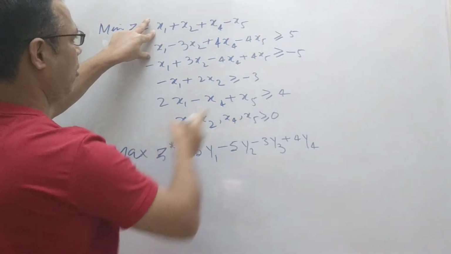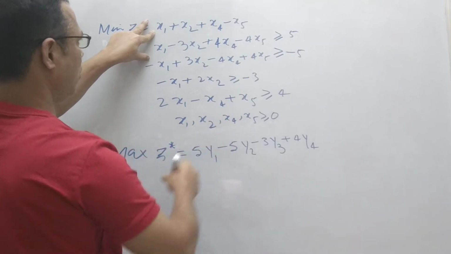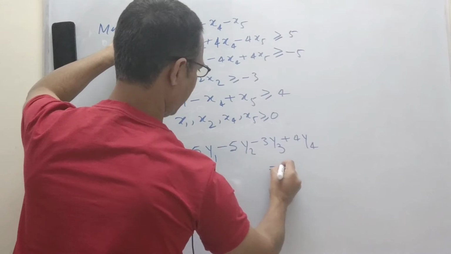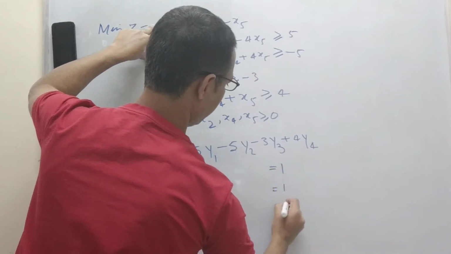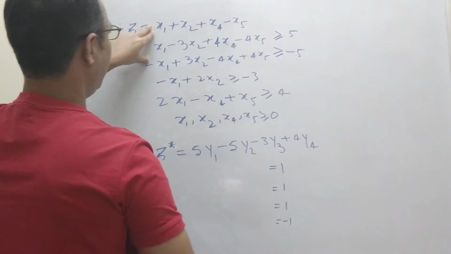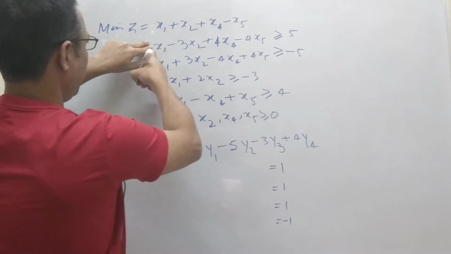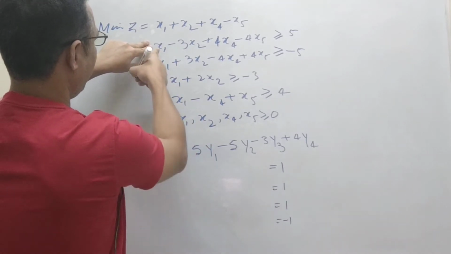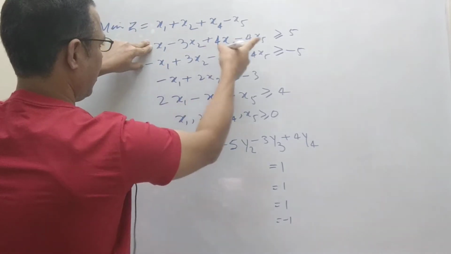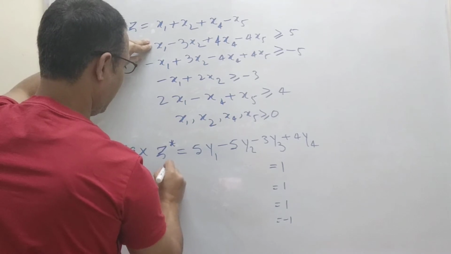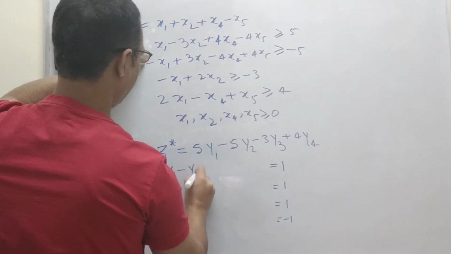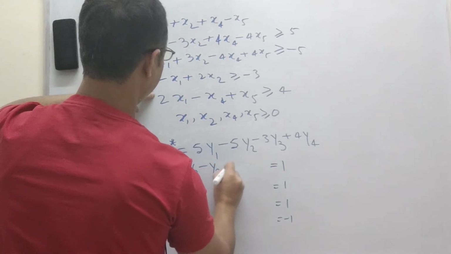Just have got changed. All the right hand side constants have become the coefficients of the objective function, and the coefficients of the objective function will become the right hand side constants. So here 1 1 1 minus 1, these are the coefficients of the objective function. Now they will become the right hand side constants. Now we are going to see x1 is available in all these constraints. So now we can write y1 subject to y1 minus y2 minus y3 plus